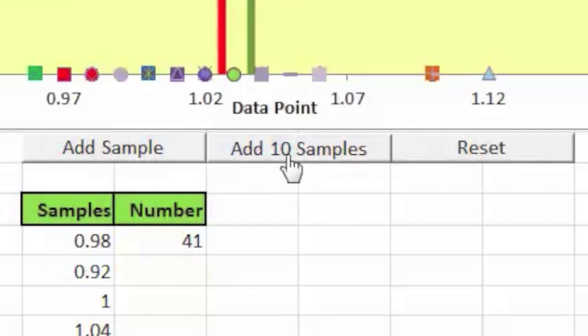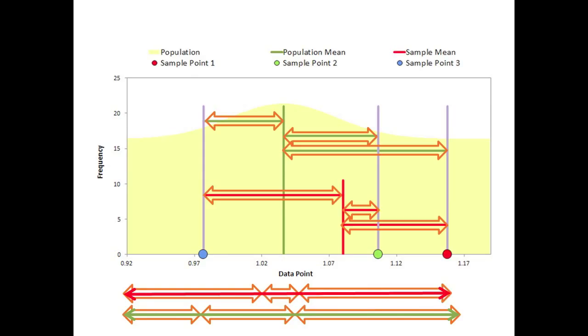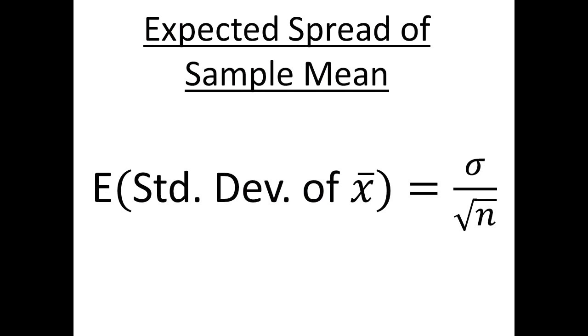If we make the sample size larger, the sample gets closer to the population mean. The distance arrows get longer and closer to those associated with the population mean, and the bias decreases. From the theory of random variables, we know that on average the sample and population means will differ by sigma over square root n. Parts 1 and 2 of this video have shown that sample and population variances are different from each other.